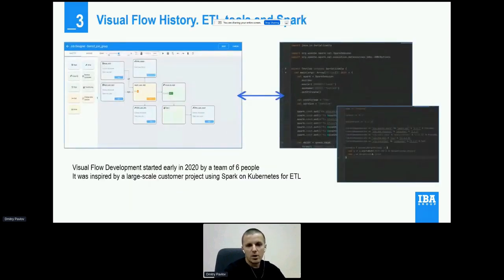The Visual Flow project was started in early 2020 by a group of 6 developers, some of whom had previously worked in a large-scale data engineering project, utilizing the same core tools that ended up constituting Visual Flow. Their goal was to create a solution that could help to do their routine work easier, faster, with less mistakes